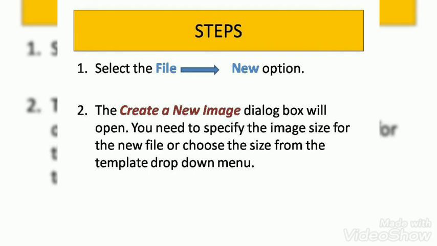Now I told you that you can open an existing file. So here are the steps of opening a saved or already existing file. Again you go to the File menu and click on the Open option. The dialog box will be displayed with the list of files. You select the file which you want and click on the Open button. That's it, the file will get opened. So these were the steps of opening an existing file, creating a new file and saving a file.